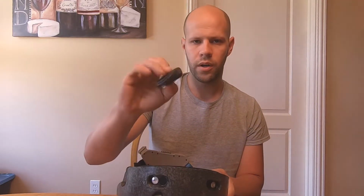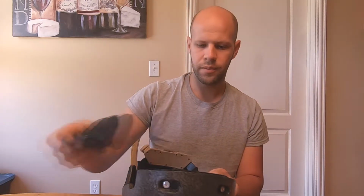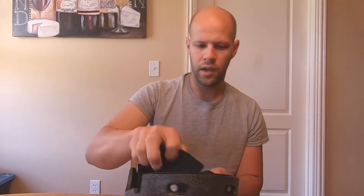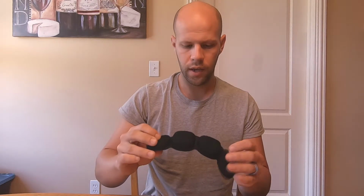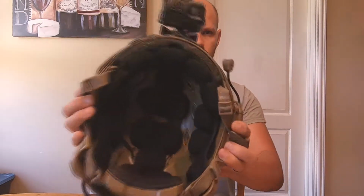So what I ended up doing was pulling all of the old foam and padding out of the back of the old helmet. And I just used the pads that came with the faux Lux Liner kit. And these are actually the extras, and they give you so many pads that you are able to,